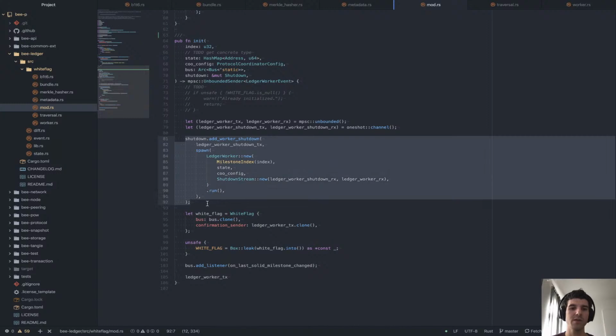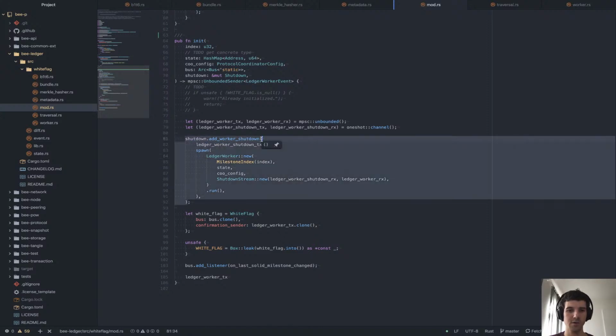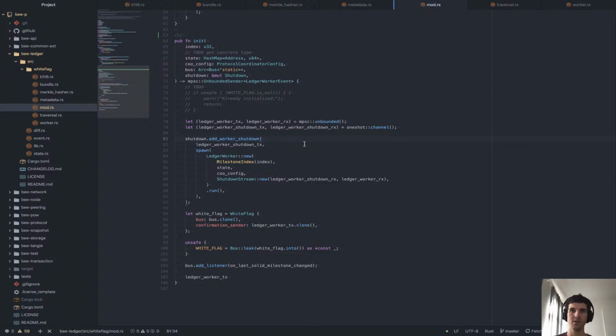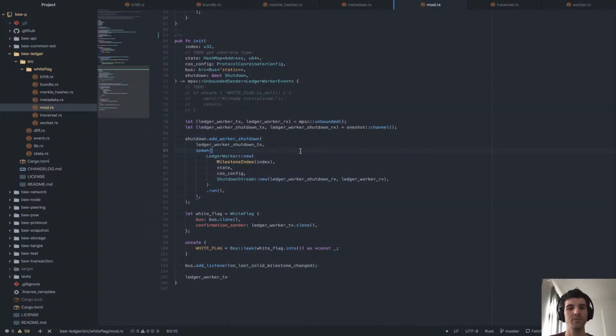We basically register the ledger worker, so the white flag worker, to the shutdown object, so that when the node shuts down, it can send a shutdown signal to all of the registered workers to have a graceful shutdown of the whole node. Then we create